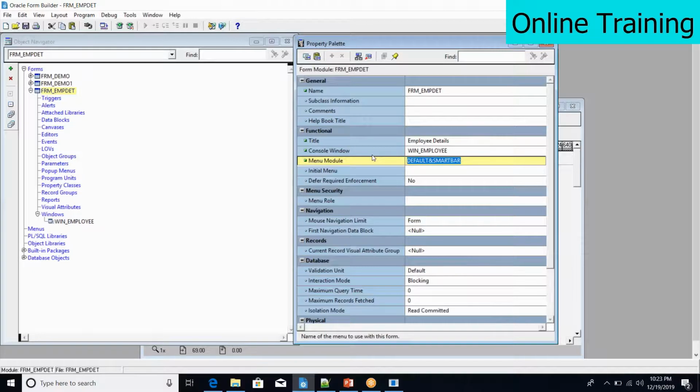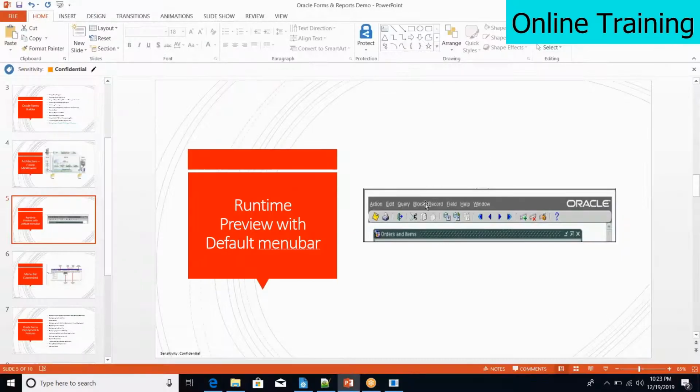All these default buttons will be grayed out, right? Yes, this will be when you're running it. If you set this value, then only it will be coming. Otherwise, it will not be coming. So that's what I mentioned. Okay, so this is the default smart bar and default bar, which you can